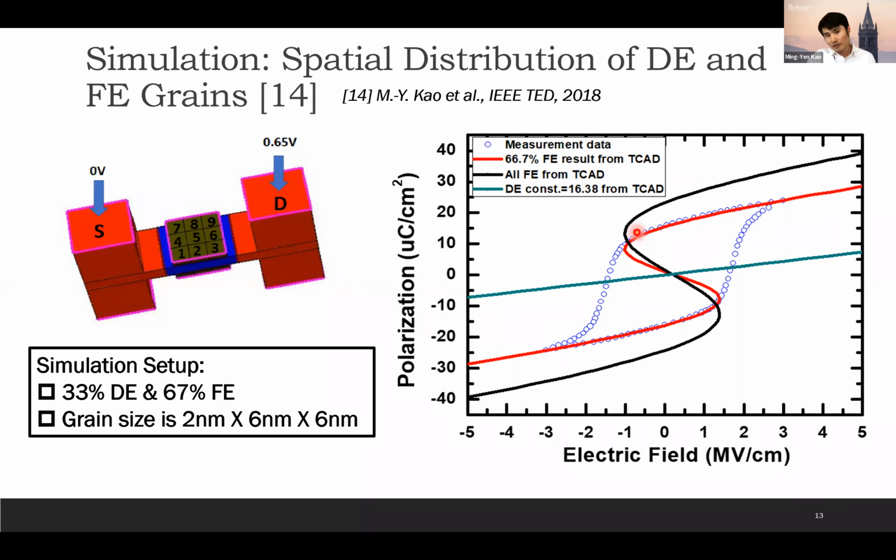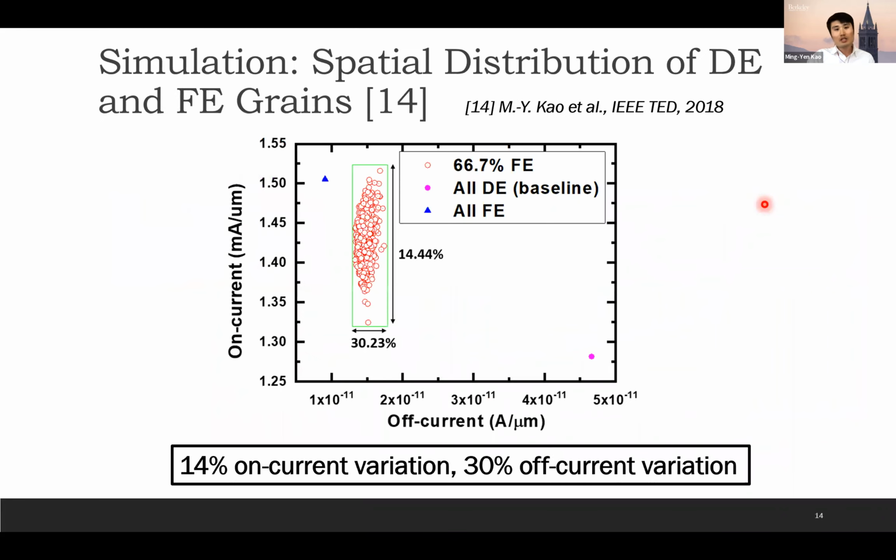And we also have to know the parameters for the ferroelectric. So we did the parameter extraction for that. The blue symbols here are from the literature measurement data, the PE loop for the ferroelectric. And we know there are ferroelectric and dielectric phases within this ferroelectric film. So we have this green line representing the dielectric phase and the black line representing the ferroelectric phase. And the weighted sum of the black and the green will be this red one, and it fits this literature data very well. And we have the parameters for the ferroelectric now and the geometry, so we can run the